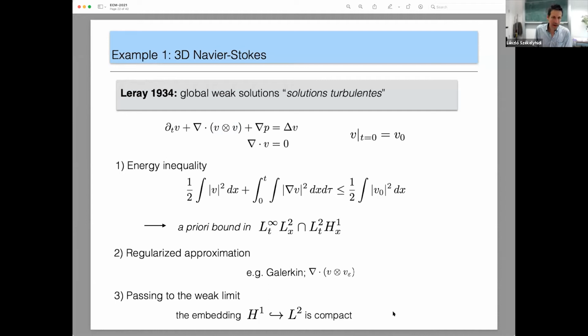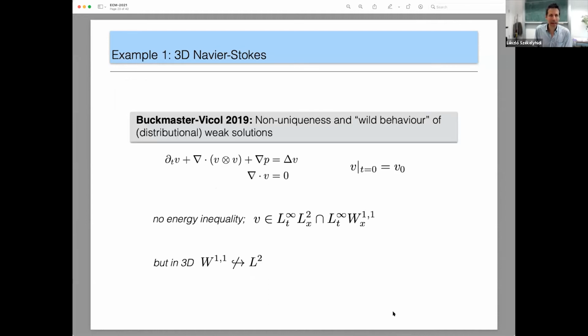Okay, now, let me return to the Buckmaster-Vicol theorem, just to put this in perspective. They prove the non-uniqueness and wild behavior, referred to in these theorems that I mentioned earlier, of weak solutions of the Navier-Stokes equations. Now, they are weak solutions in the sense of distributions, but they do not satisfy the energy inequality